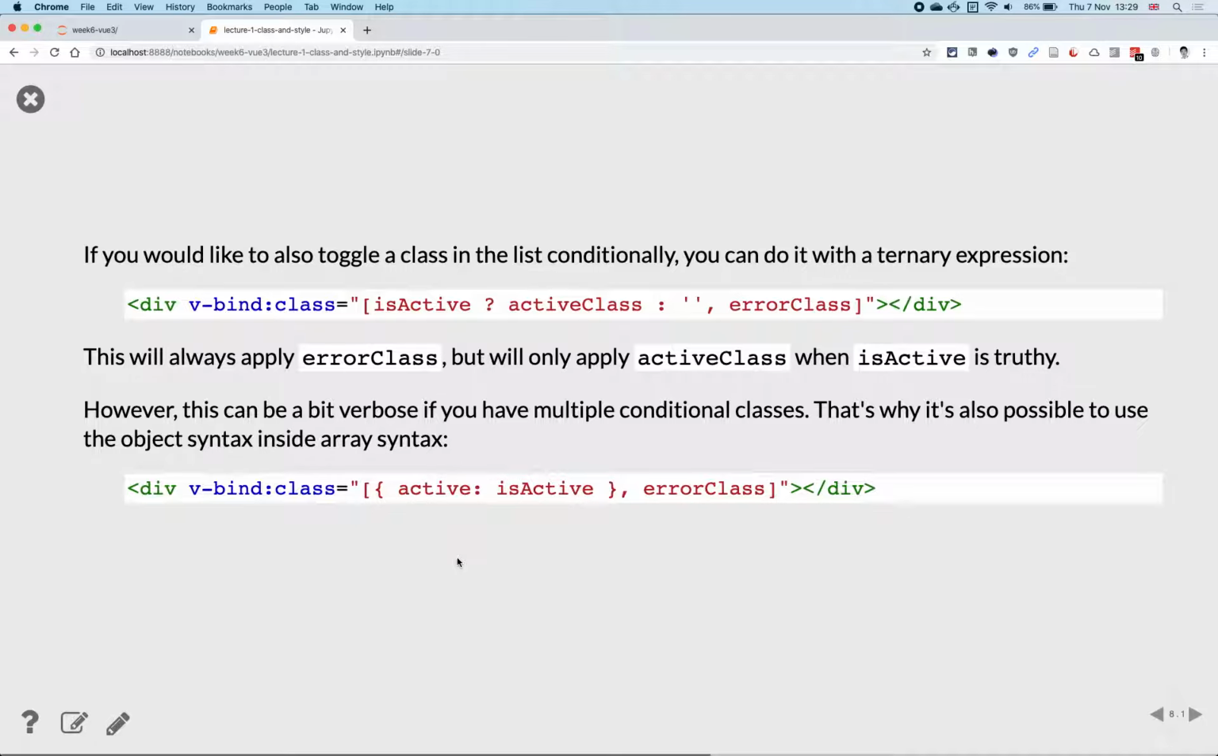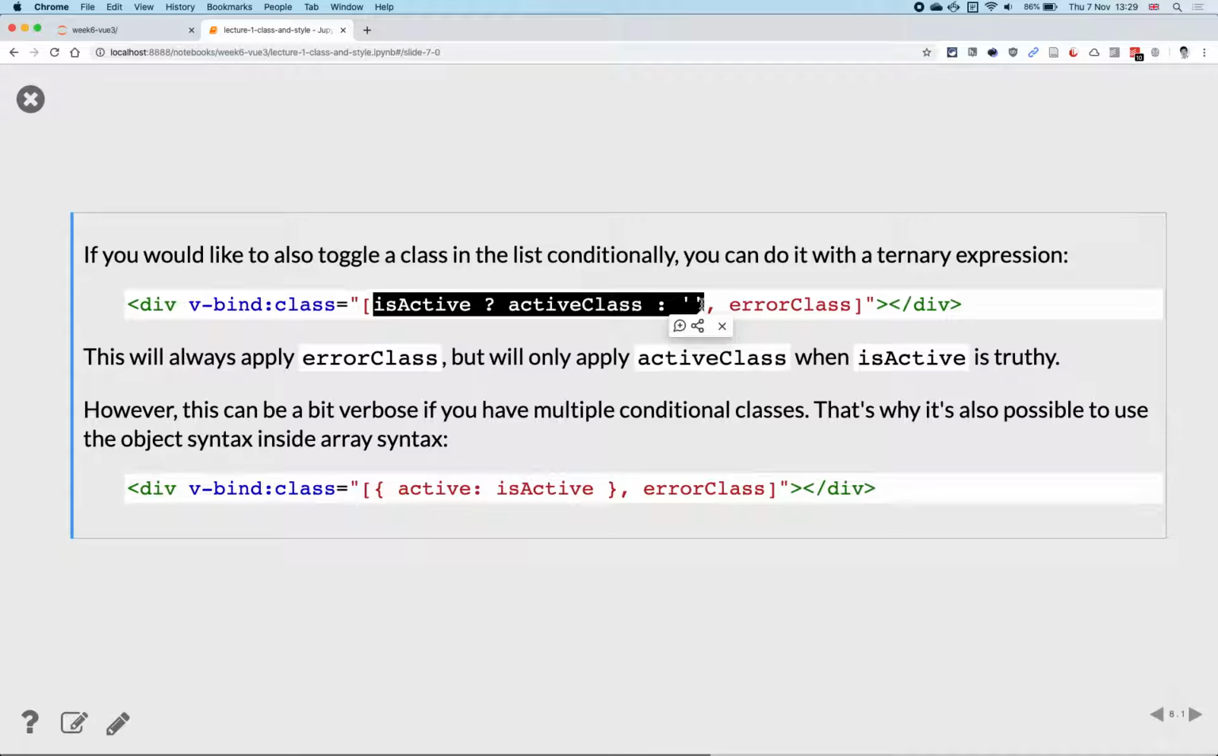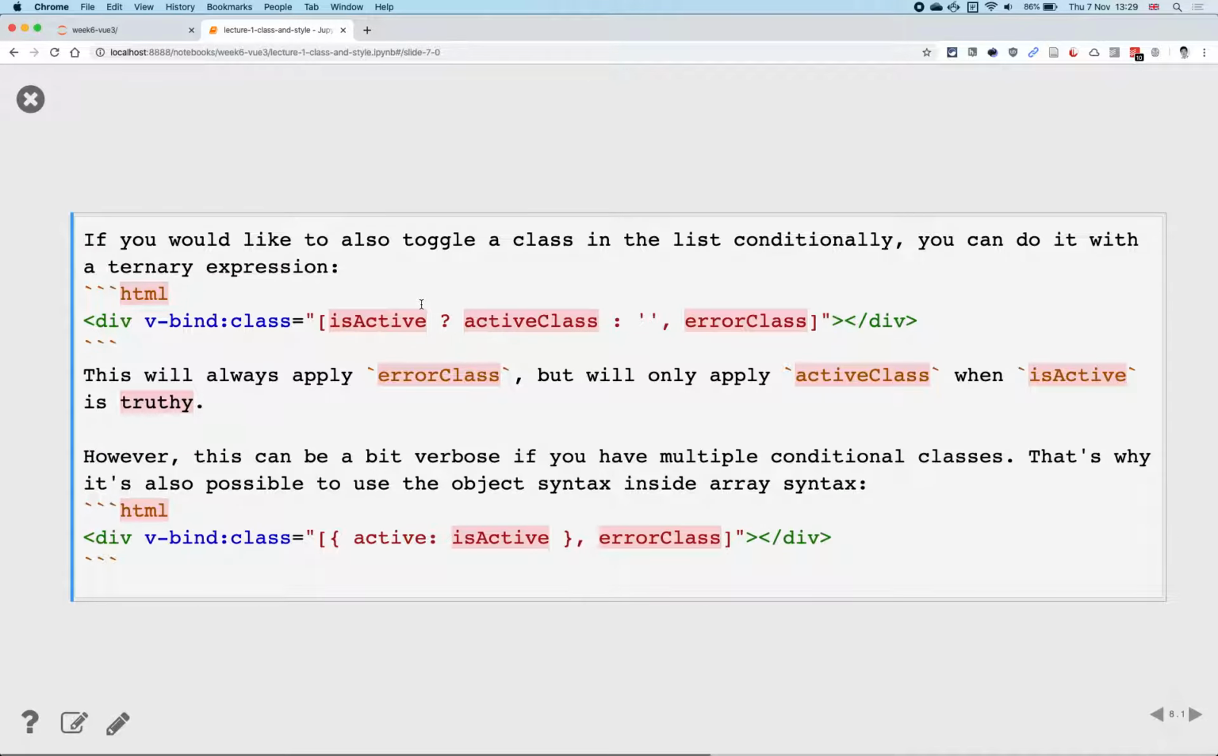Okay, and to make things even more complicated, you can do something like this. Does anyone remember what this part does? What does this part do? This is not part of Vue, so that's just plain JavaScript. But what does this do? Sorry? That's right. This is the way to say if and then. So that means, what it means is,